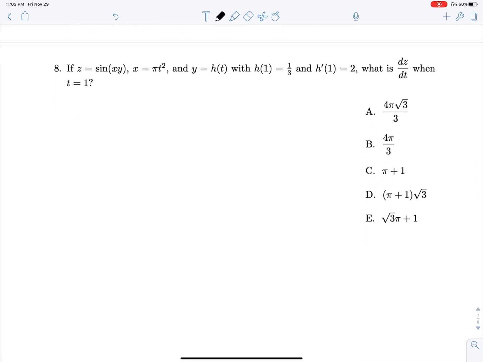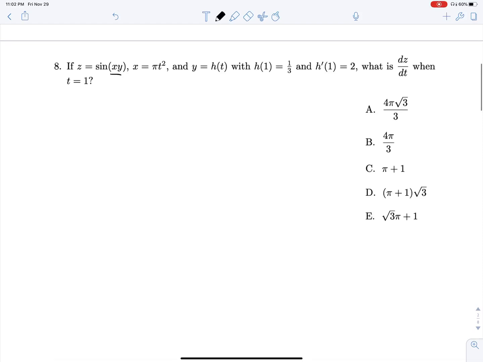Okay, a little easier, a little less cluttered question that we've got here. We're looking for dz/dt. We see that z is made out of x and y, and that x and y are each made out of t. And so we're dealing with far fewer values here. We will see that dz/dt is going to be equal to